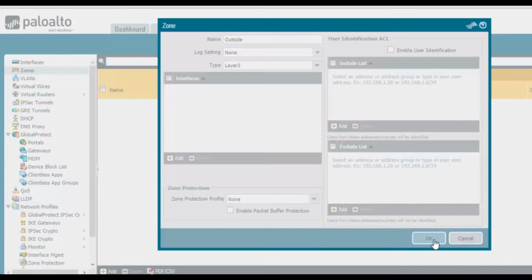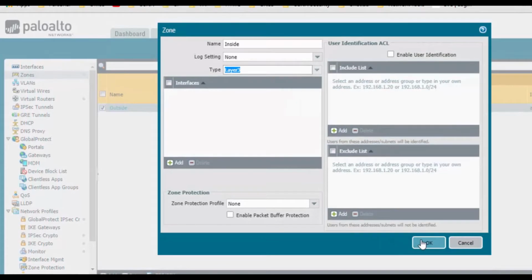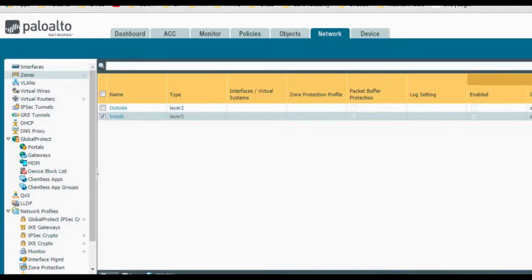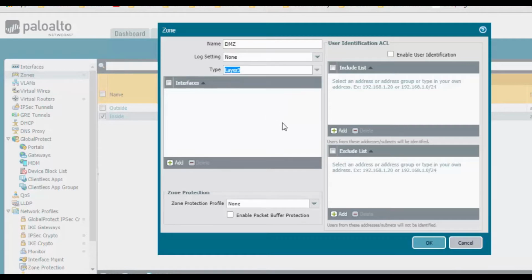Click on OK. Click on Add. I need to create one more zone, that is inside. Similarly, I select the type as Layer 3. Click on OK, and we need one more zone for the DMZ. Select the type as Layer 3.